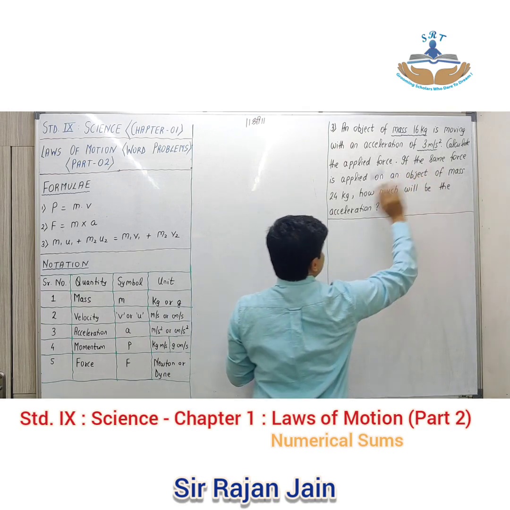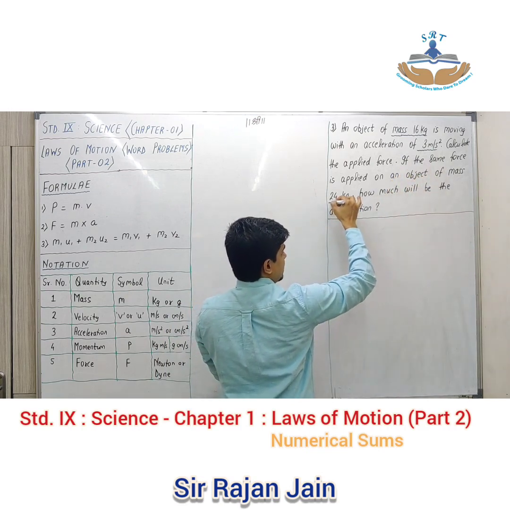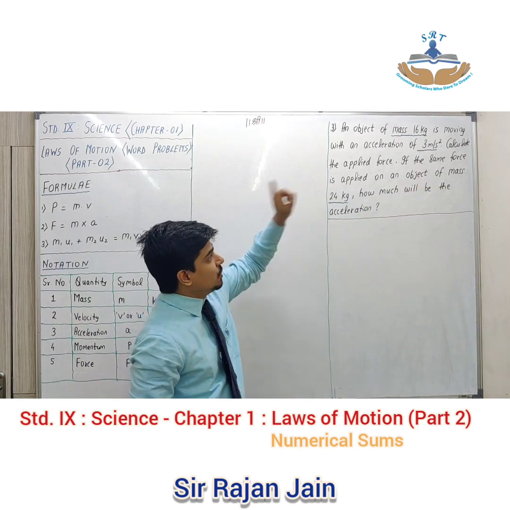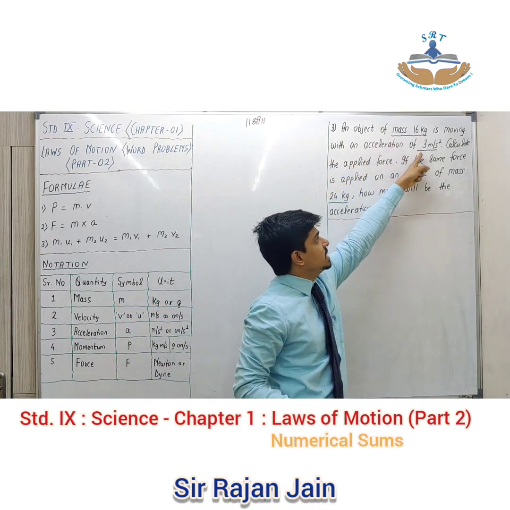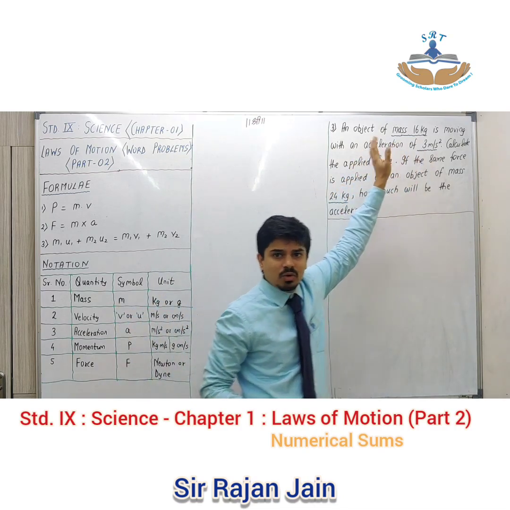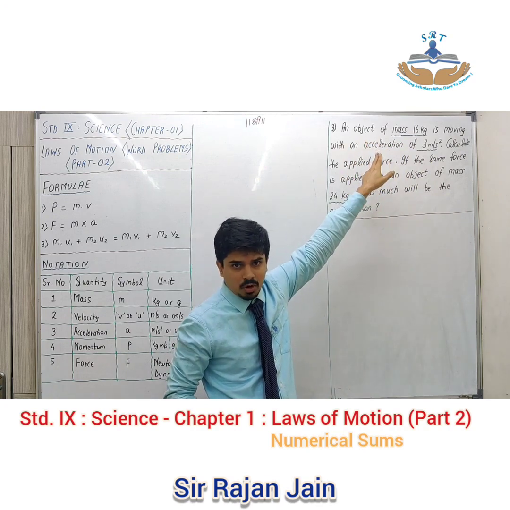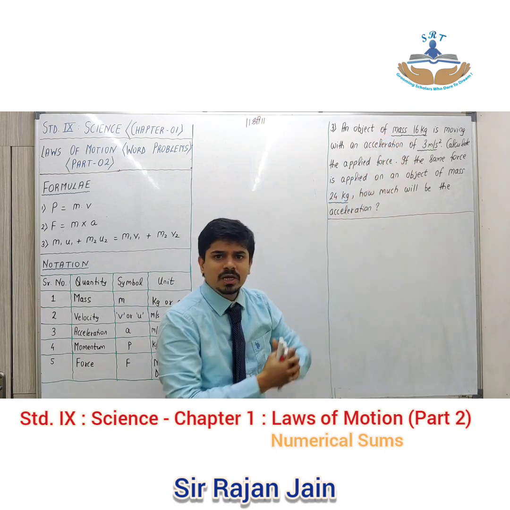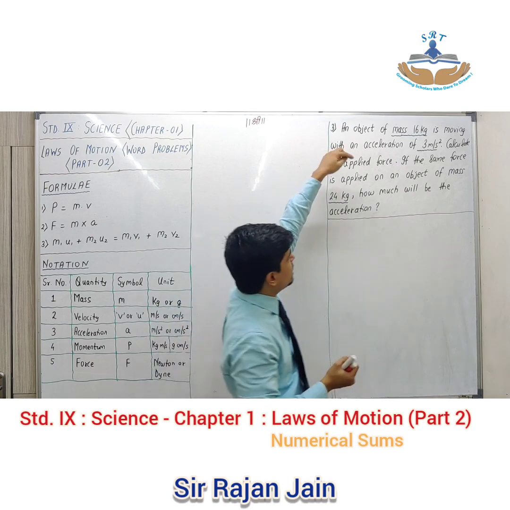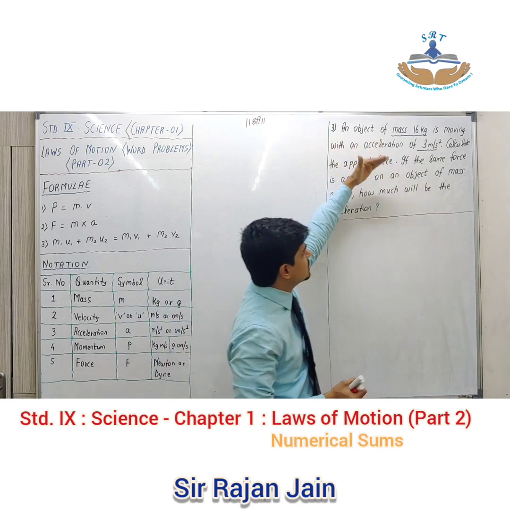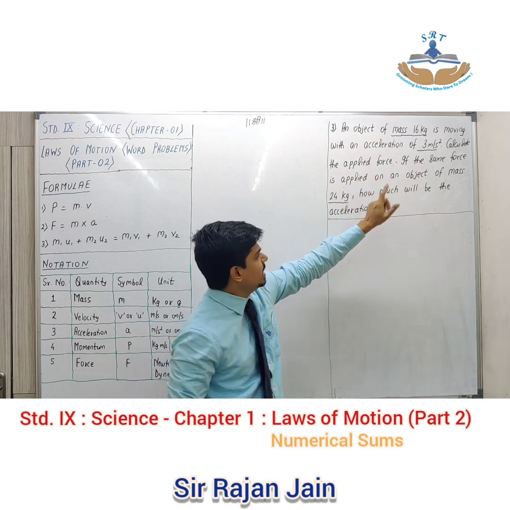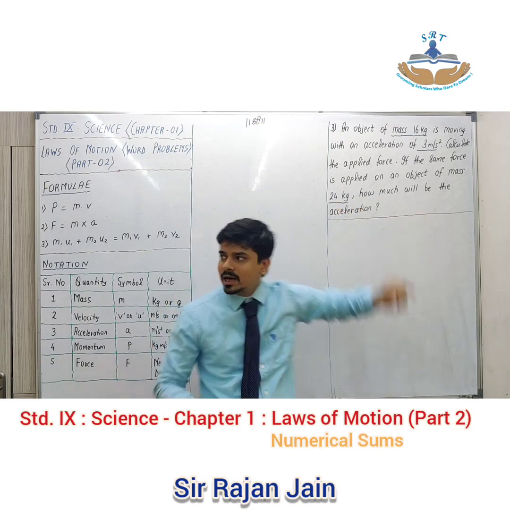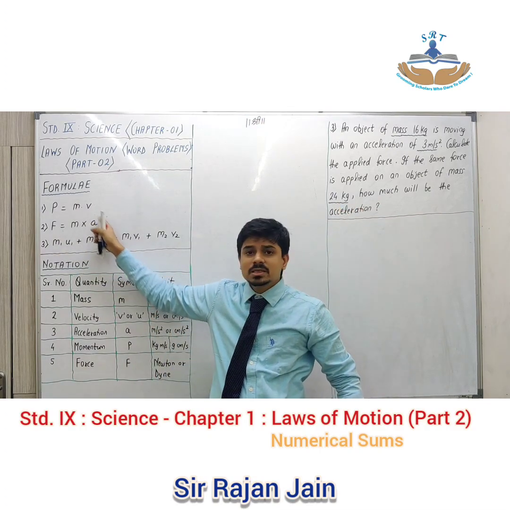Then, if the same force is applied on an object of mass 24 kg, how much will be the acceleration? Now what they are trying to say is that for the first body, mass is 16 kg, its acceleration is so and so. I want to find the force on the first body. Now same force जो first object के ऊपर apply किया था, it is now being applied on the second object. So whatever answer I get for the force in the first case, same answer I have to use in the second case. तो second case में मेरे को force भी मालूम है, mass भी मालूम है, खाली acceleration पूछा है. Again, if I make use of the same formula, there will be a single unknown.